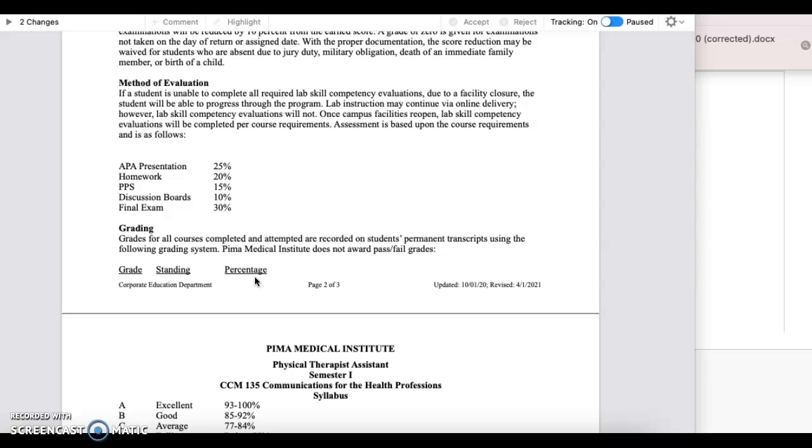You'll have homework here and there. It's kind of spread out. Of course, PPS, which is presentation and how you're working within the course, making sure you're present in the discussion posts and such. And then going into that, we have discussion board questions in which you'll put an initial post and then reply to your classmates. And then finally, one final exam. I don't have a midterm exam in this course, so be happy about that.